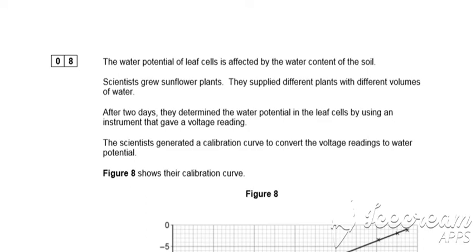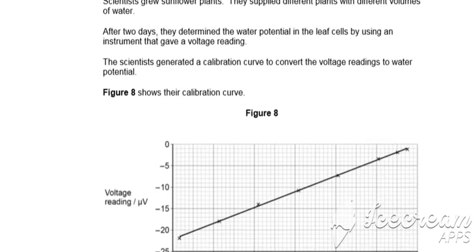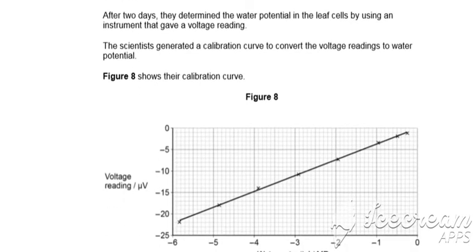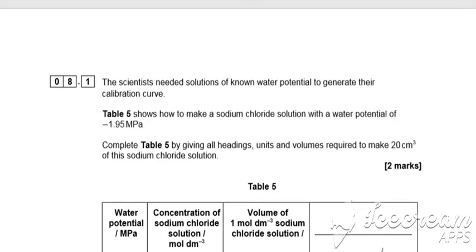So question 8 is to do with the water potential of leaf cells and how it's affected by the water content of the soil. We are given the graph where the scientists grew sunflower plants and supplied different plants with different volumes of water. They generated a calibration curve to convert their voltage readings to water potential. So we are asked in question 8.1